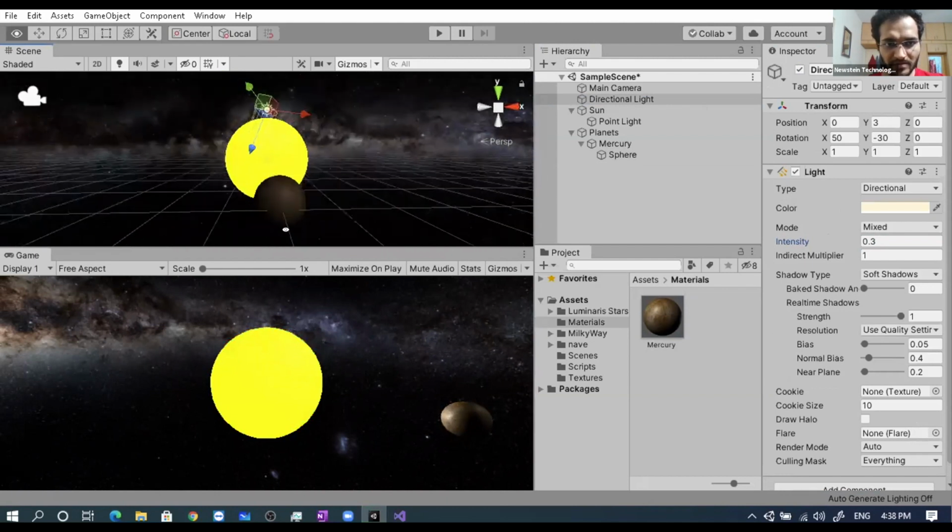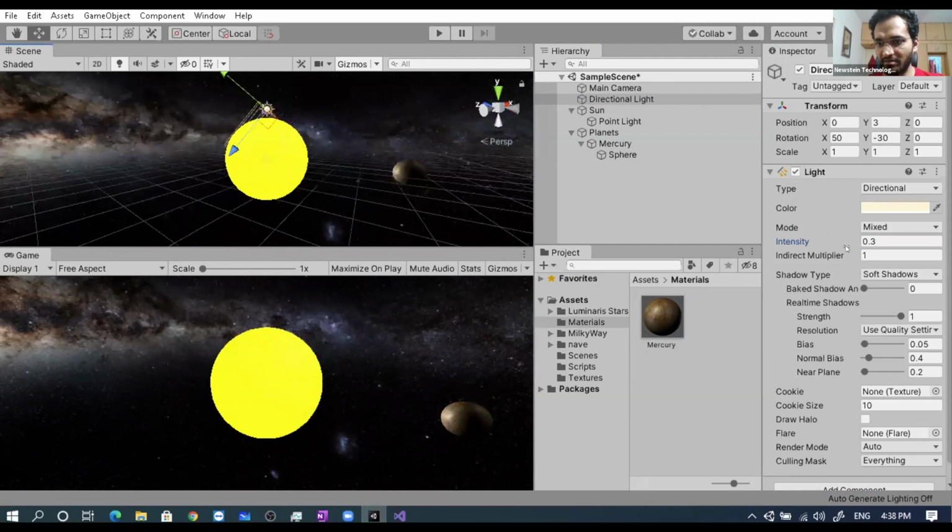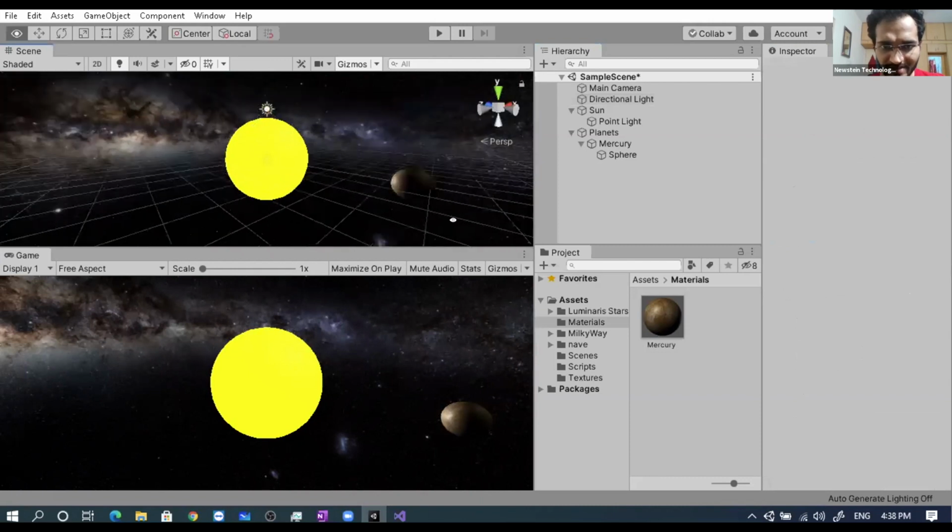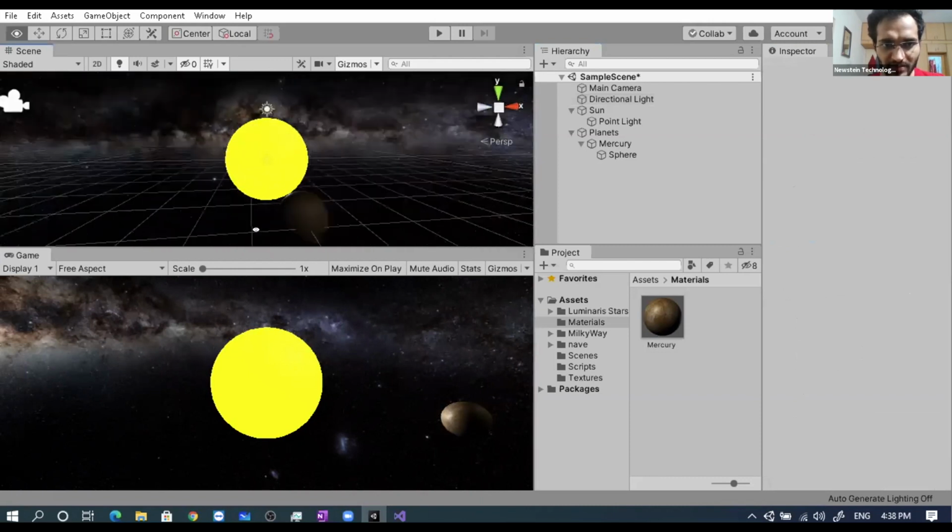I enabled the directional light and made its intensity 0.2 or 0.3. Maybe I'll make it 0.2. Now it's okay, it looks dark, but a bit visible.